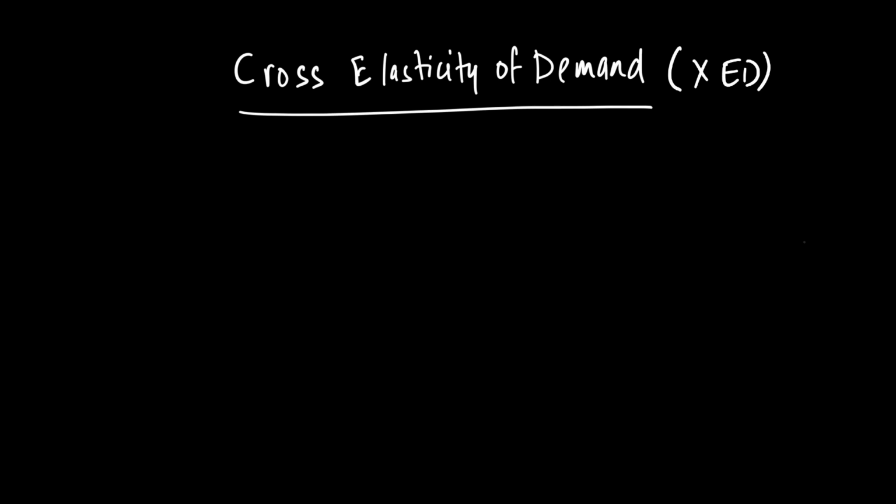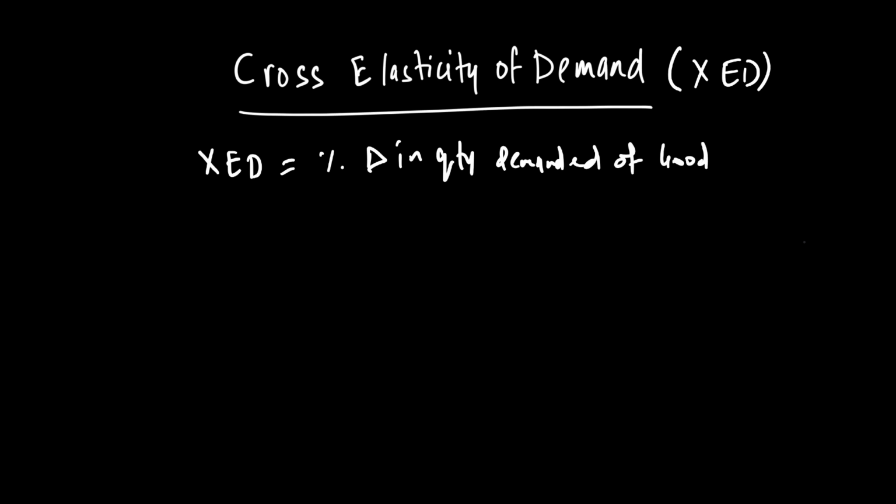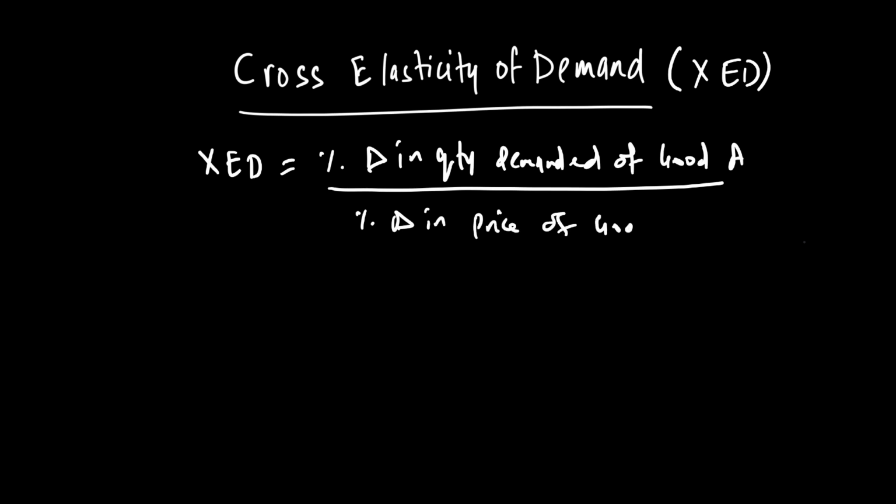So XED is percentage change in quantity demanded of good A over percentage change in price of good B. So I'm looking at two goods, good A and good B, and their relationship, and that's what XED is. And therefore we define XED as the responsiveness of